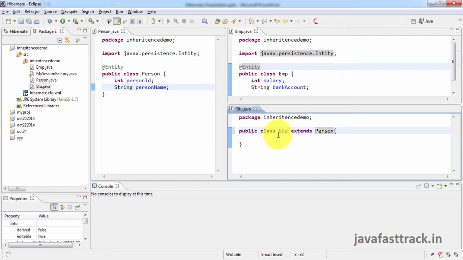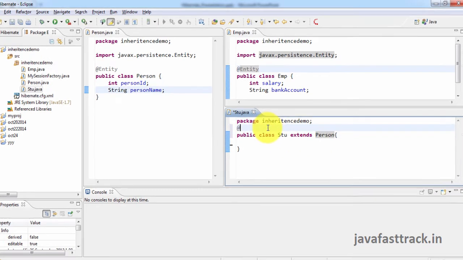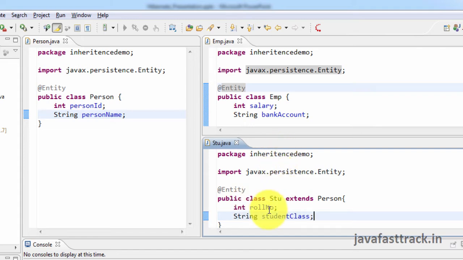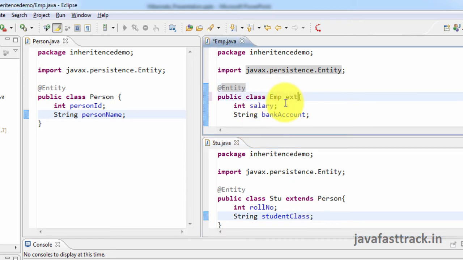This is part of inheritance. It extends person class. Mark it with entity annotation. It has got two fields, roll number and class. Here also you must extend person class.